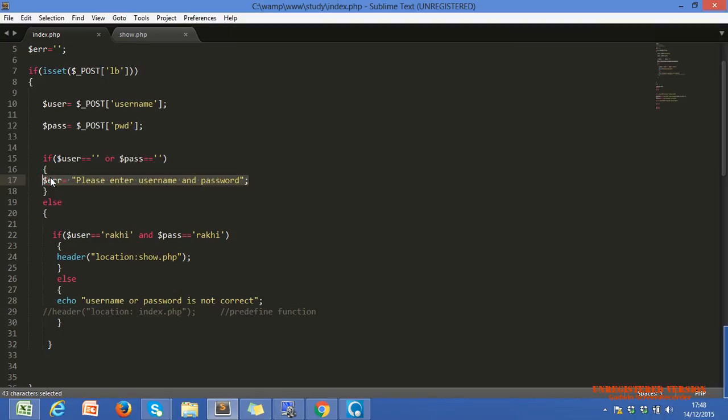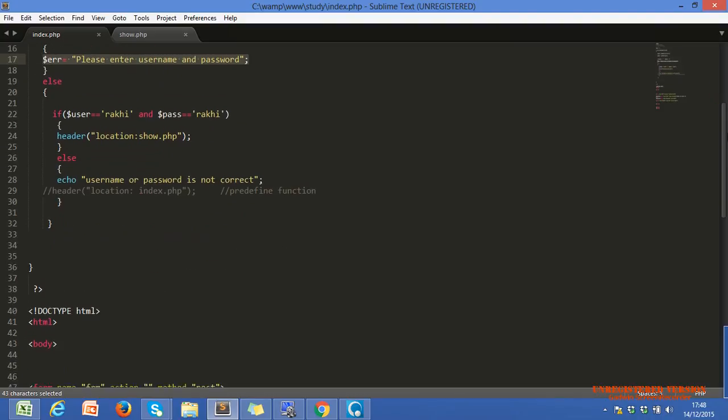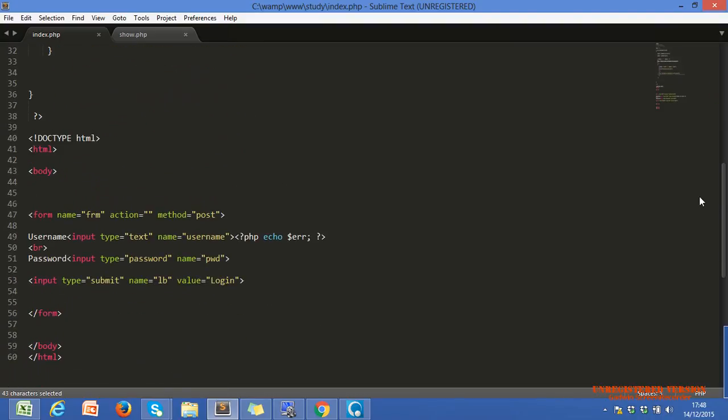Here we didn't echo our error message; we echo it after the text box, because we can use the PHP tag within the HTML coding. You understand?